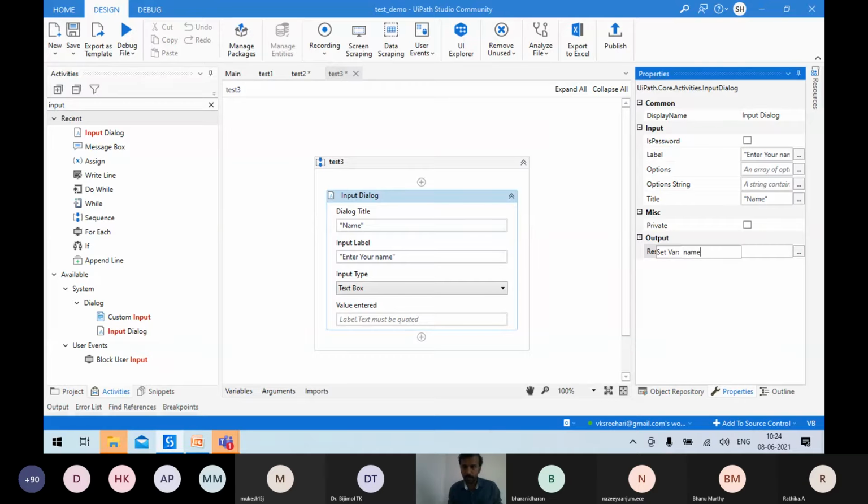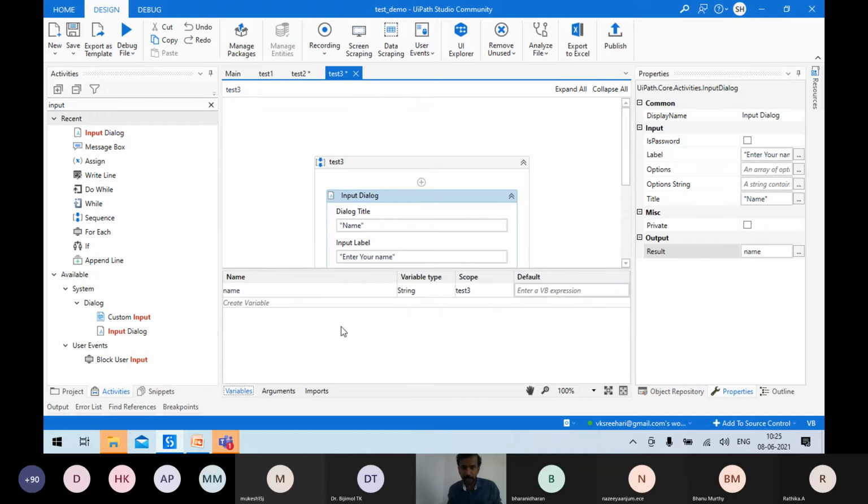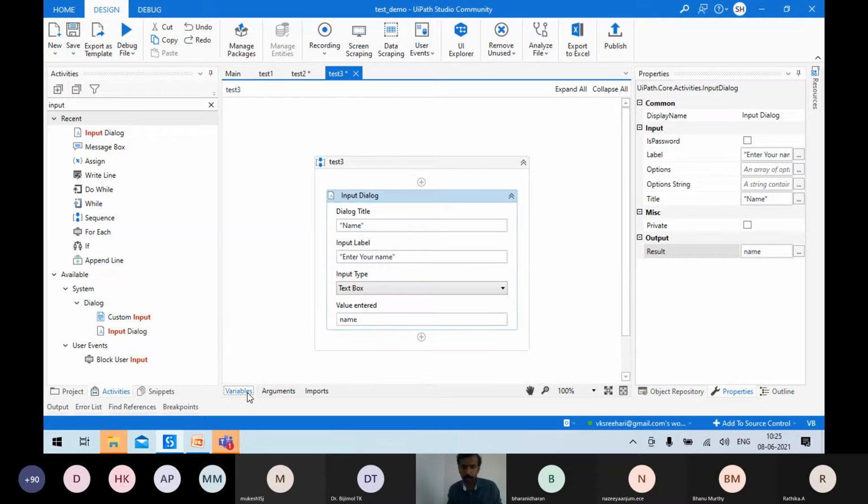So you can just put name. Once that name variable is properly declared, you'll see it in the variable tab: name, string, scope test3 will be displayed over here. So now you have entered your name and that name is stored in a variable. Now what you'll do is that,